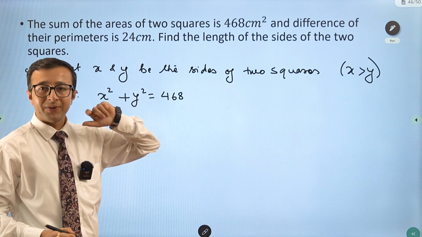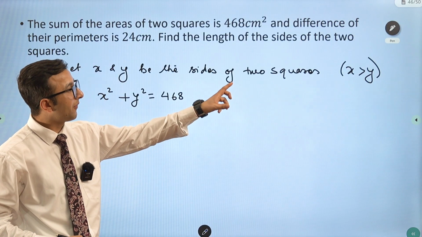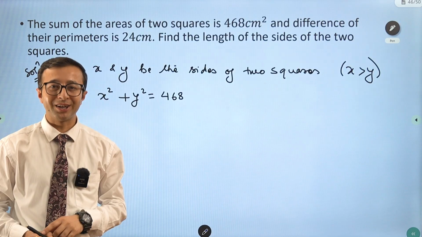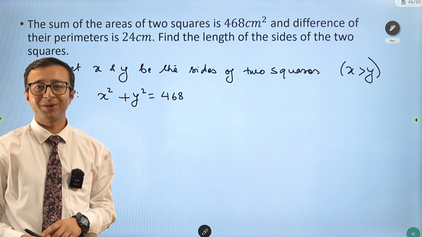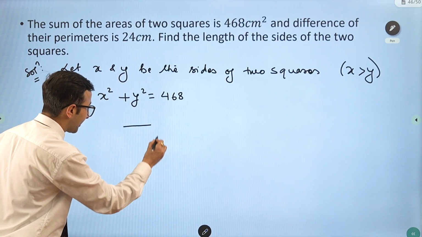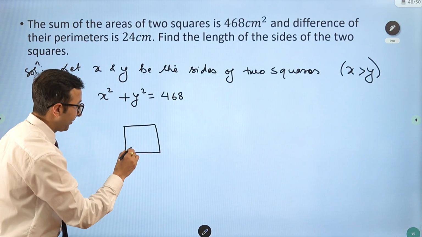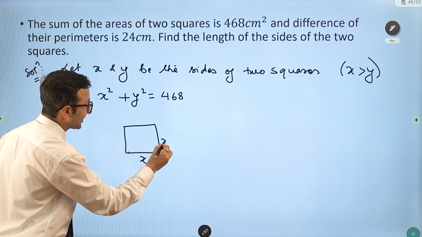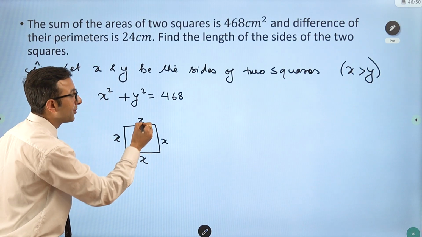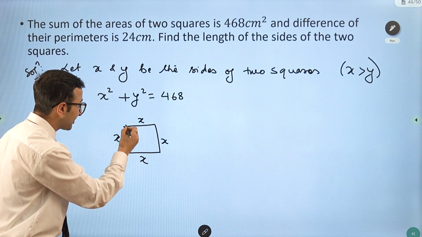Here you can see that the difference is always positive and you know that the value of x is bigger. Here you should remember the formula for the perimeter of a square. The perimeter of a square formula is 4 into side, because a square has 4 sides. Suppose each side is x. So perimeter means the sum of the lengths of the boundaries, x plus x plus x plus x,